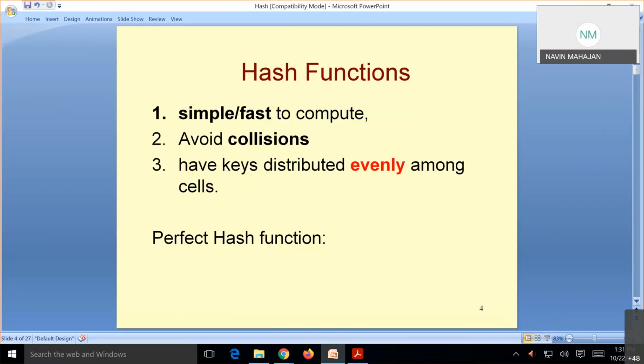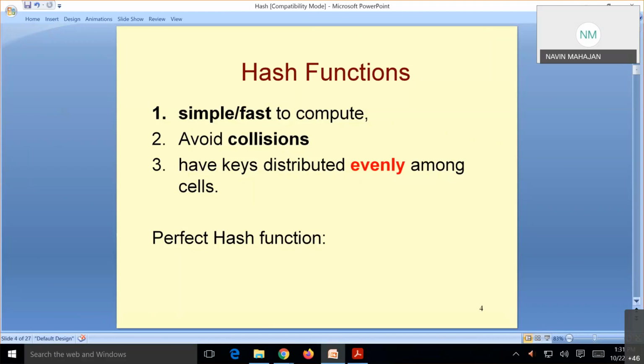I don't have to serially search his Aadhaar ID, or use binary search. I will apply the hash function, get the output, which is the location in the hash table, directly jump to that location and get the record. So this is very quick, whether I am accessing the first record, the last record, or the middle record. The time to calculate the address is the time to operate the hash function. It is O(1).